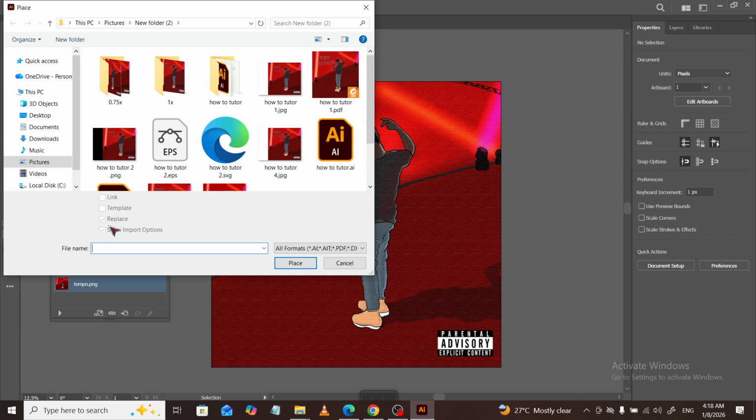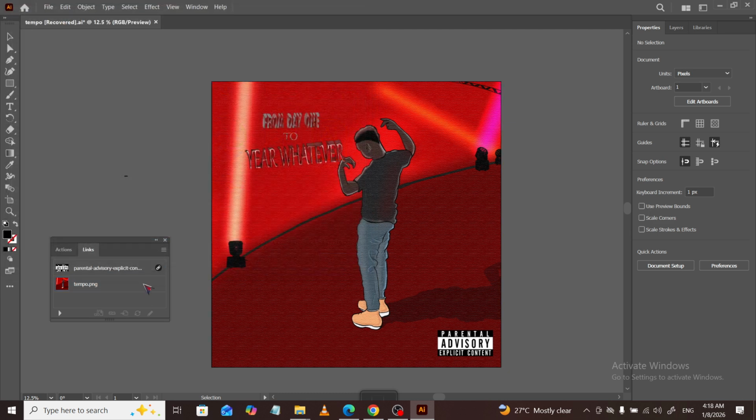That's all there is to it. Open your document, show the Links panel, select the image, and click Embed. It's a small move that prevents broken links, streamlines handoffs, and keeps your designs consistent